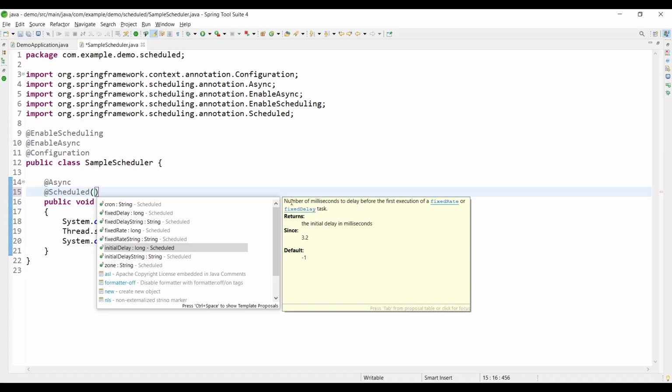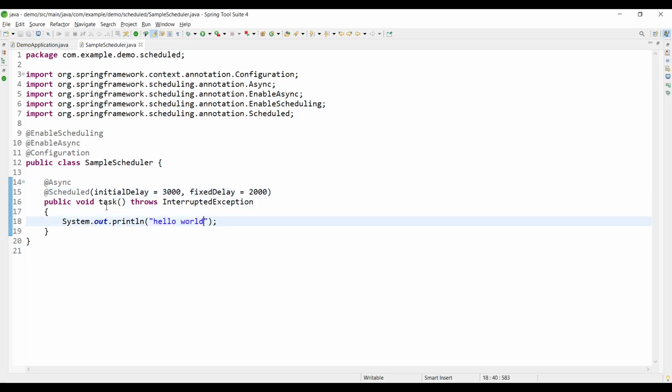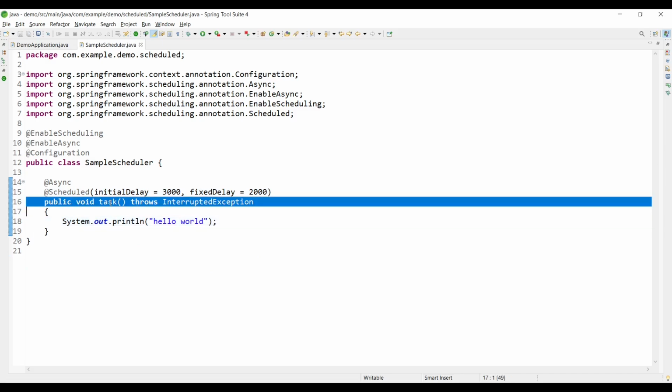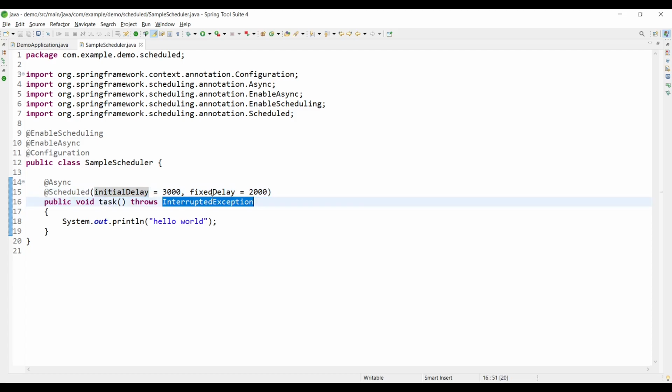It basically tells the scheduler to wait an initial amount of seconds before you start the scheduler. So you can write it 3 seconds and then you can add a delay of, let's say, 2 seconds. So now here what would happen is this task will not be started as soon as your Spring Boot application loads for the first time. It will actually wait for 3 seconds. So that's what it meant. And then after the task has been executed, it will just work like we discussed earlier. For fixed delay, it will always wait for 2 seconds.